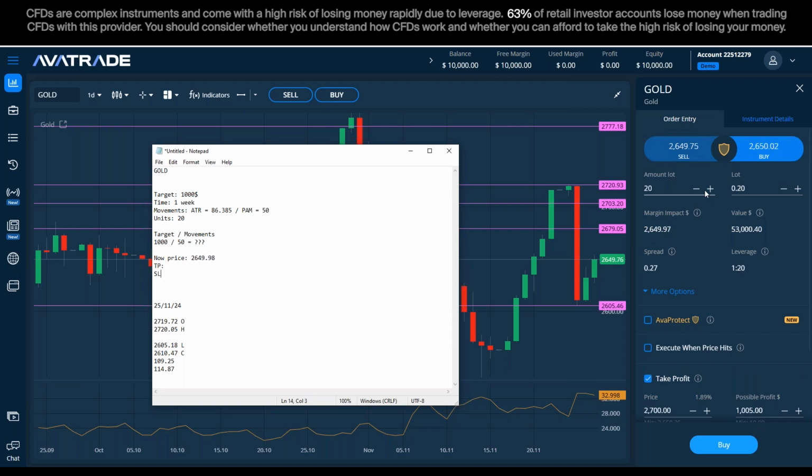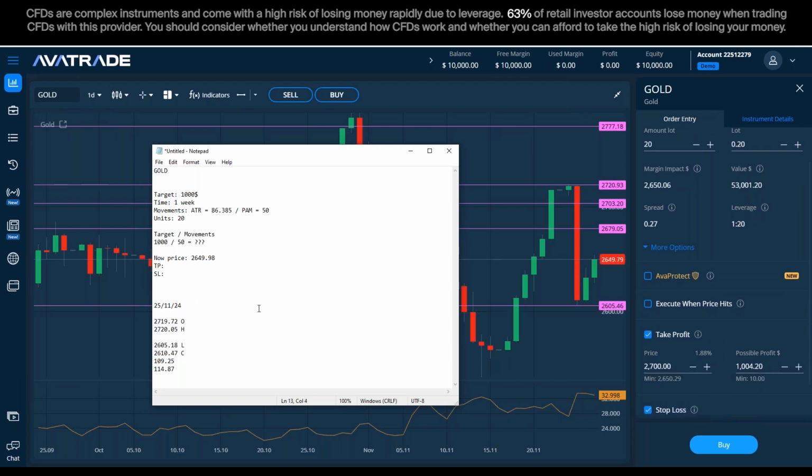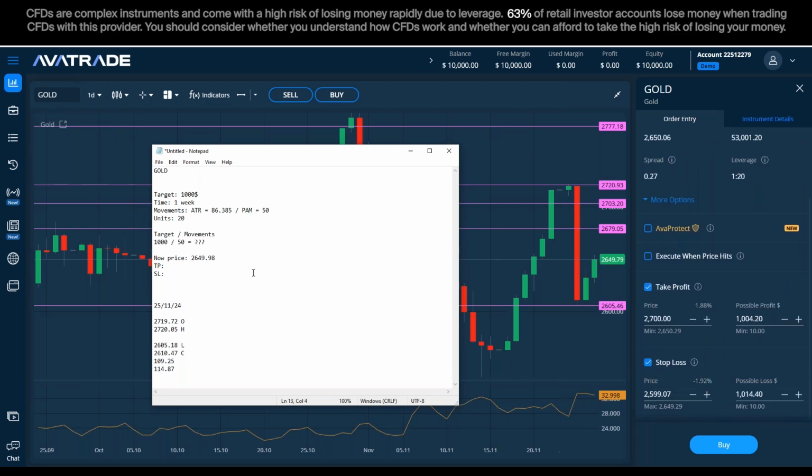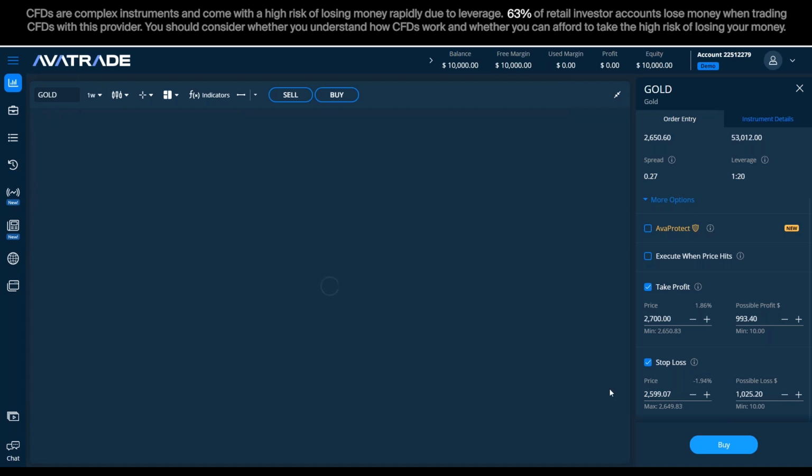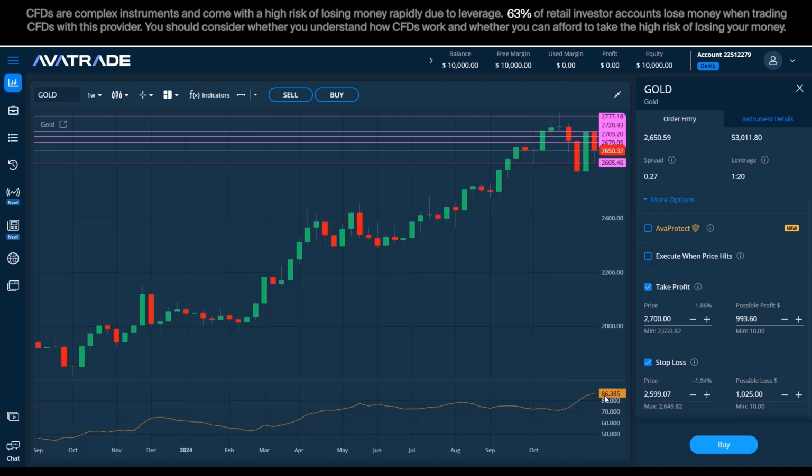Okay, so far what we have is a take profit set to make 1,000. We have a stop loss set to potentially lose 1,000. We're going to look at that and decide if this is good for us or not. The take profit we chose was based on the ATR. Of course, we didn't take the ATR to its full extent, understanding that this is just a range. This 86 that we got for a week, I'll go back to weeks, is not a guaranteed number.